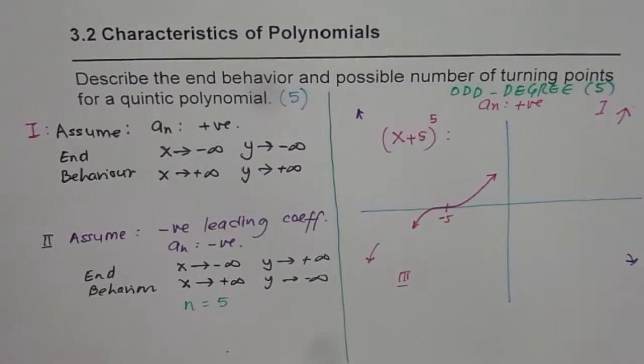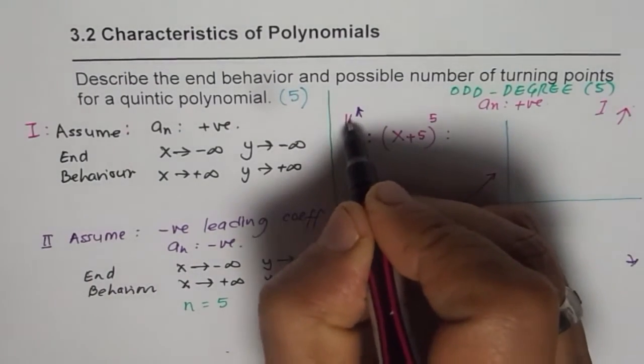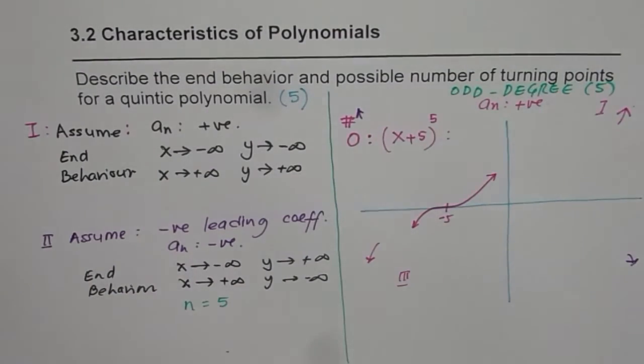Well, let me write that before it, okay? Number of turning points is 0. 0 turning points. We are writing number of turning points here. Okay, now let us consider the